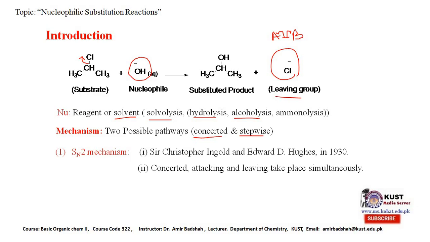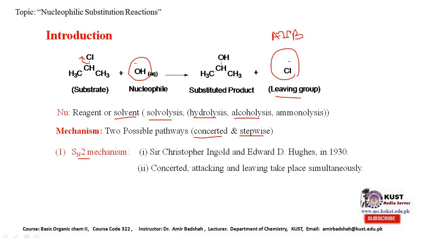So a reaction, if the reaction proceeds through a concerted way, then such type of reaction is called the SN2 mechanism. It means it takes place in one step. This SN2 mechanism was introduced by Sir Christopher Ingold and Edward D. Hughes in 1930,